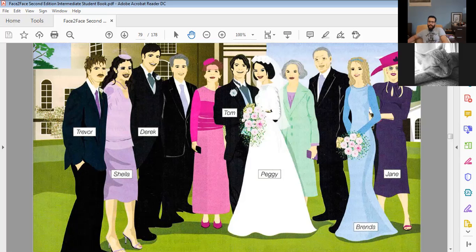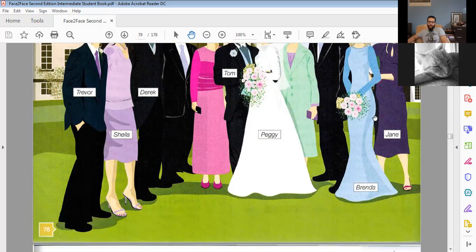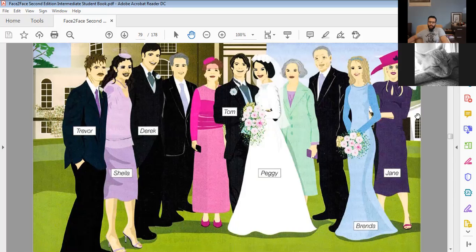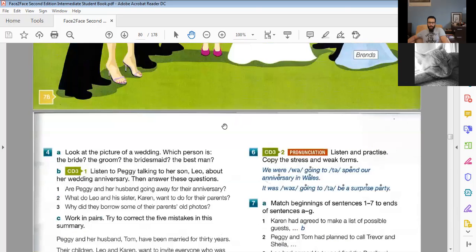Okay, I think we're going to find out. But who is it more likely to be, Derek or Trevor? What do you think? No, I think Derek, because he looks clean. Yeah, I think Derek, especially because his suit is a little more formal. He's also wearing the waistcoat and he has the flower. Trevor also has a flower, but Derek seems a little more formal, maybe. All right, okay. So we're going to listen.